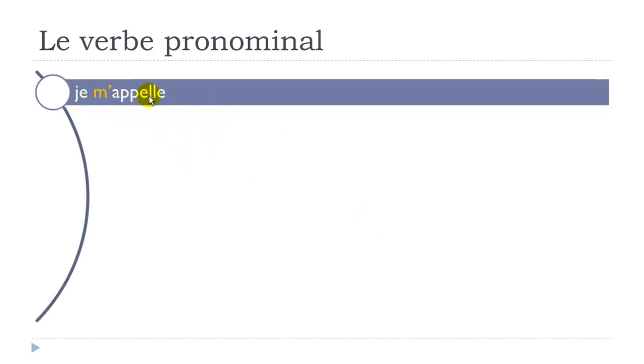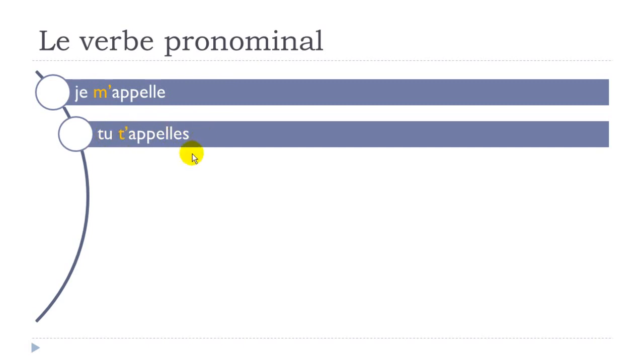Je m'appelle. Same thing here, the e that we had previously disappeared. Je m'appelle. So remember that's normally the verb that you use when you introduce yourself. Like I call myself, so my name is, of course, but in French it's like I call myself. Je m'appelle.